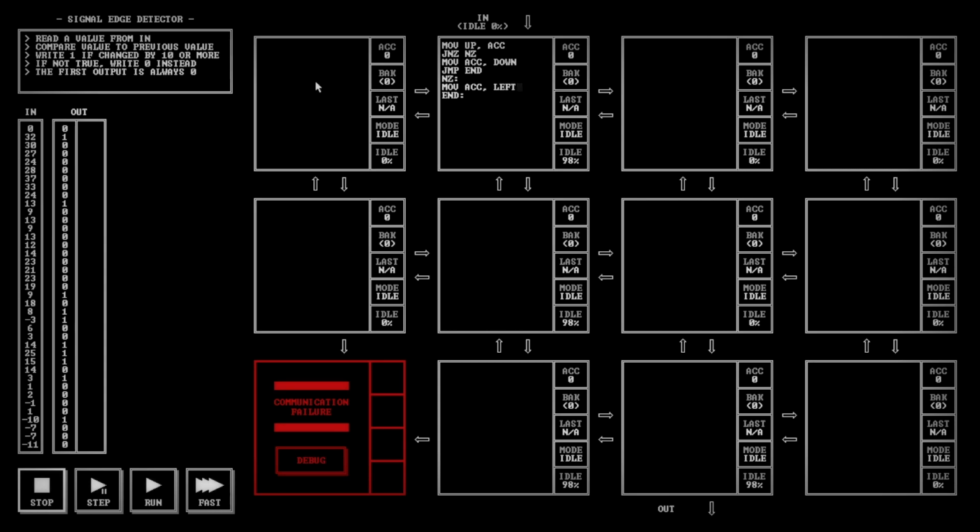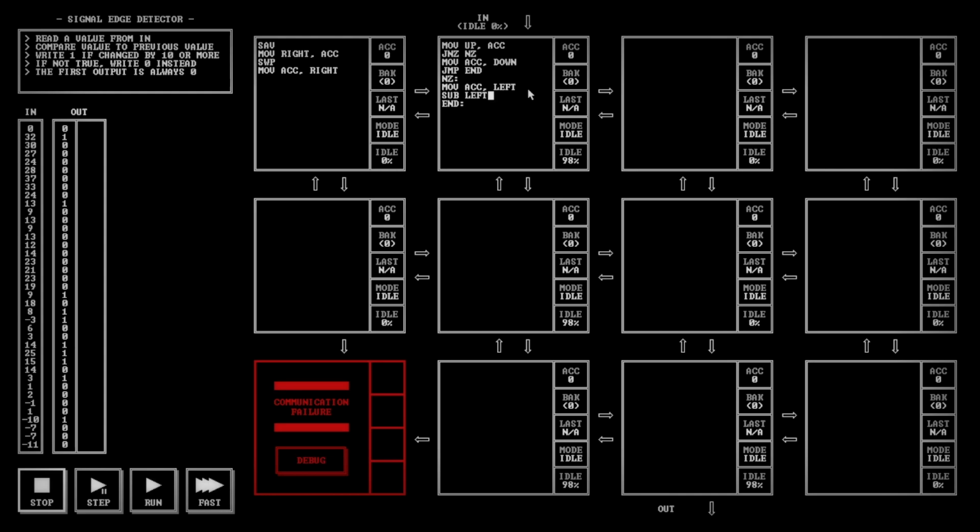move ACC left. The general idea with this one is we're going to want to save ACC to BAK. Then we want to move right into ACC, SWP, so it swaps ACC and BAK, and then move ACC right. And I think this is all this needs to do. At this point, it's just going to give ACC to the left, and what it's going to end up getting back here is the last value, the value that we need to subtract from. So then,